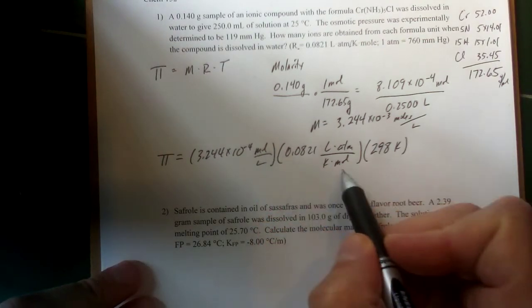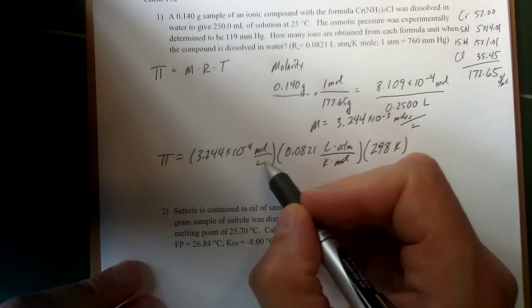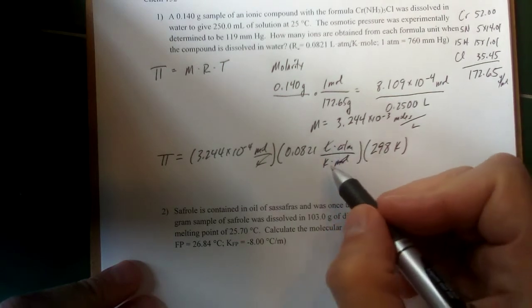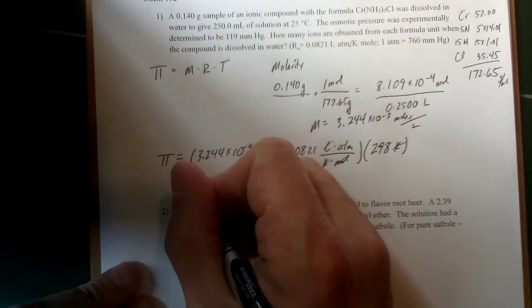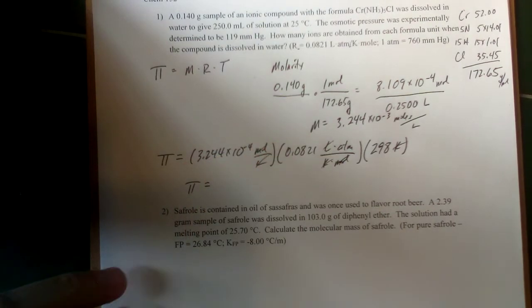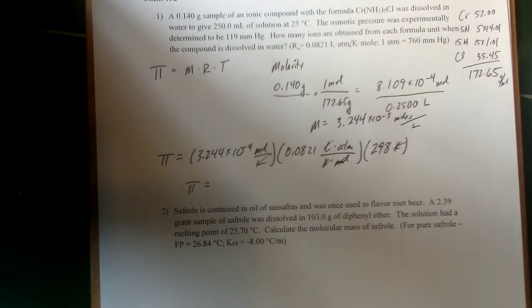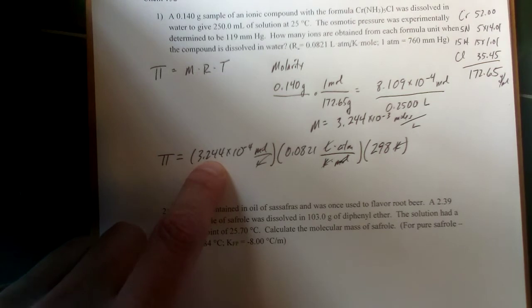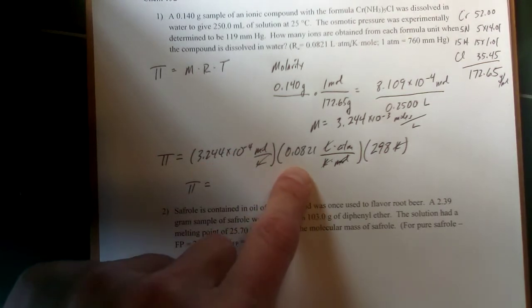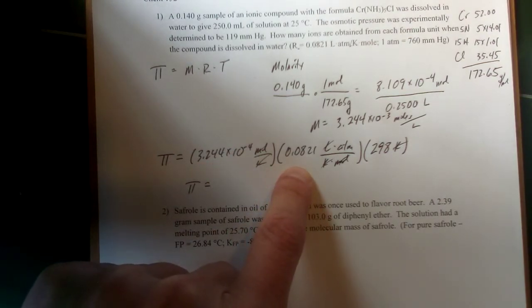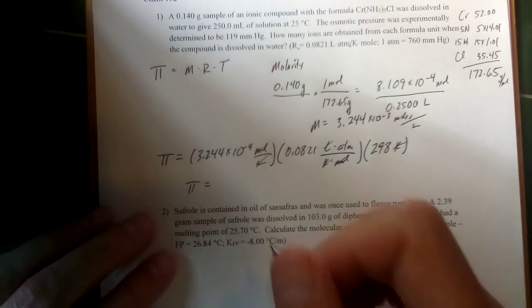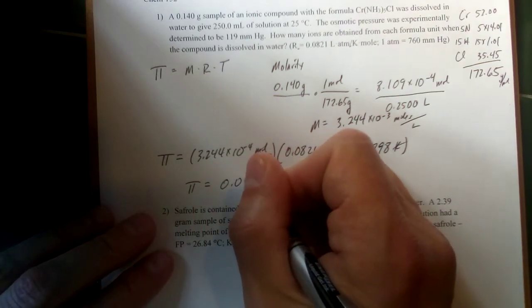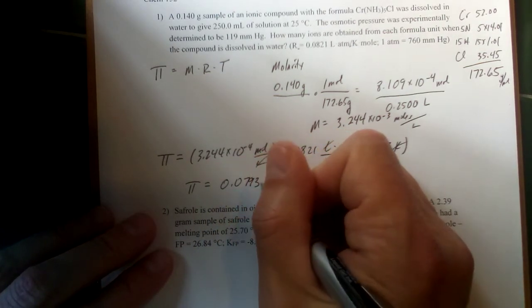Right now, moles is going to cancel out here. Liters is going to cancel out here. And Kelvin's going to cancel out. We'll be left with atmospheres. So this will give us the osmotic pressure in atmospheres. Now I've got that already in the calculator as the previous answer. So multiply by 0.0821 and by 298. And I get 0.07936